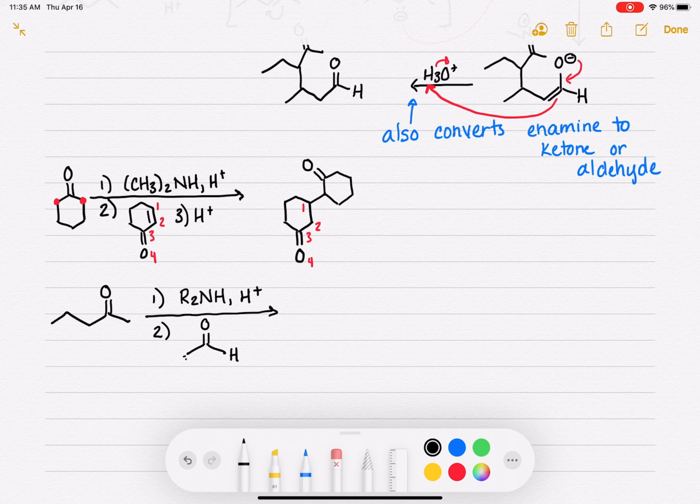Let's do this guy, and then more acid, step 3. So draw that